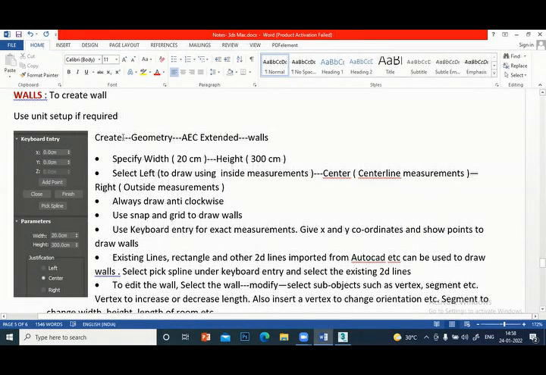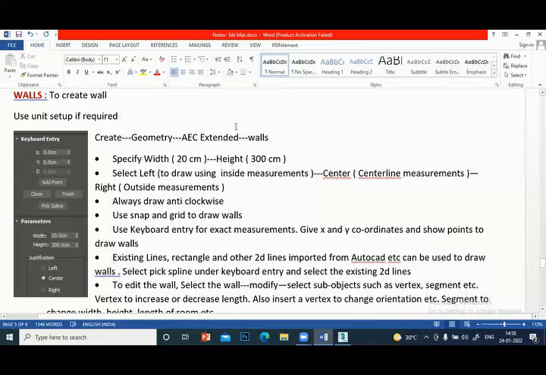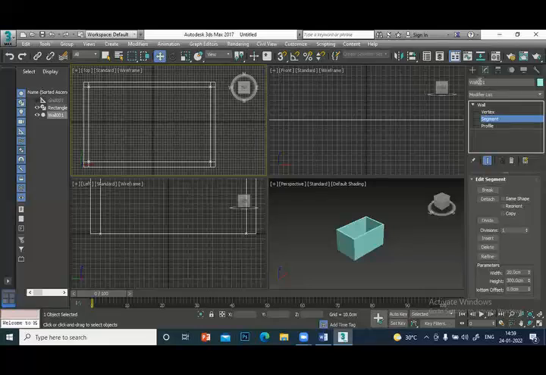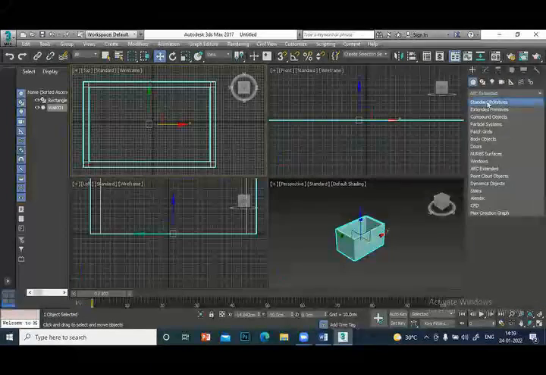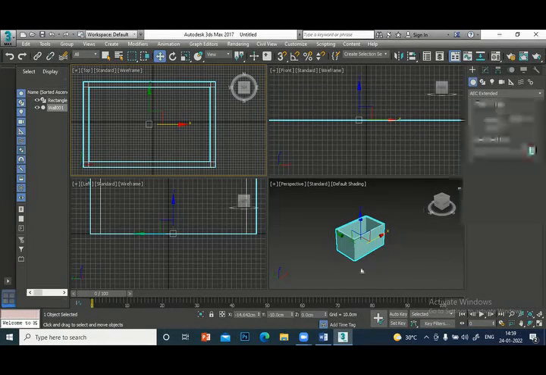From the Create command panel, choose Geometry, then AEC Extended. Where will you get this AEC Extended? You see here, it will be under the Standard Primitives.